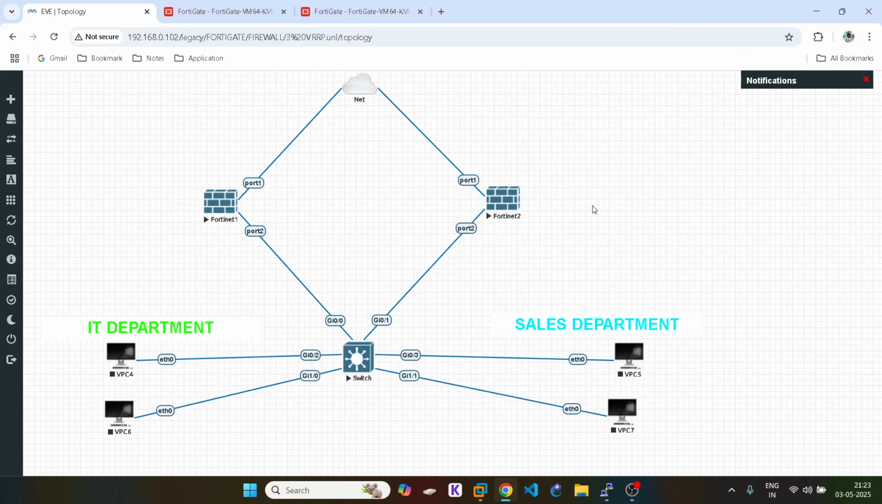Hello guys, today we are going to do the lab of Virtual Router Redundancy Protocol in FortiGate Firewall. So VRRP comes under IP services and it is basically used for automatic gateway failover. I think most of my subscribers will know what VRRP is. What VRRP does, when we configure VRRP,